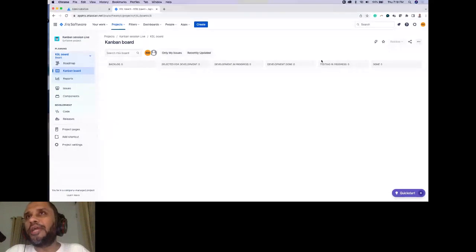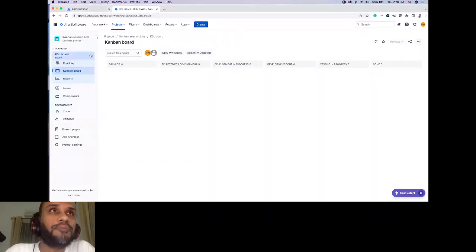So I think now you all can understand one problem that we will have when we keep on adding buffer statuses: we will have more and more columns, right? We will end up having more and more columns. So that's actually a small drawback that we have in terms of making our workflow with buffer statuses more visible. Something that you all will need to keep in mind when defining your workflow with buffer statuses. Okay. One other option that we have.